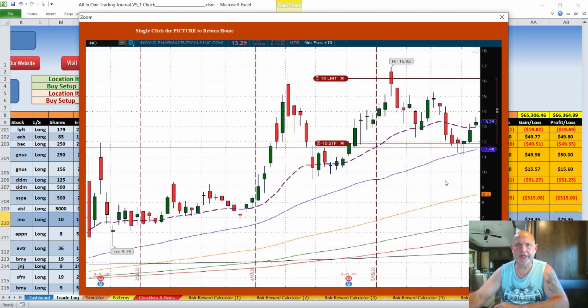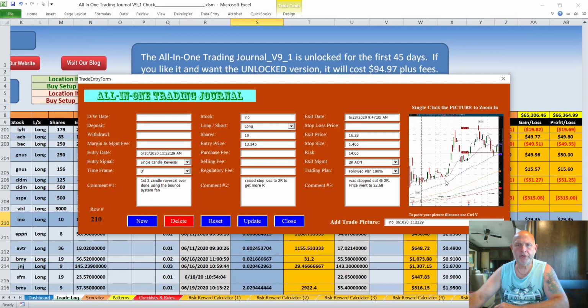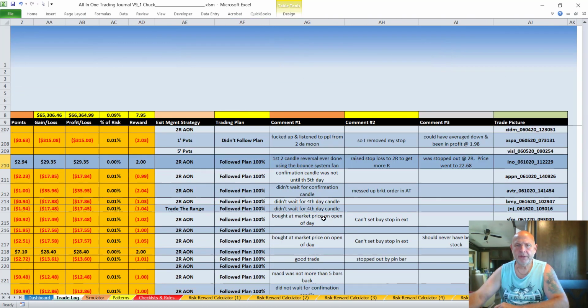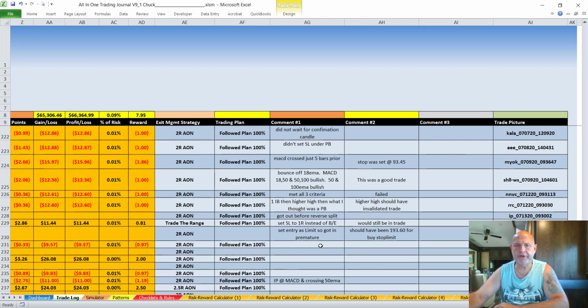for exiting a trade, so that I can review it against how the trade played out. That's when I put comments in that tell me what I did or did not do. If you click on it again, it reduces down to the normal trade entry form. You can close it. You can see that I've spent a lot of time trying to figure out where I'm